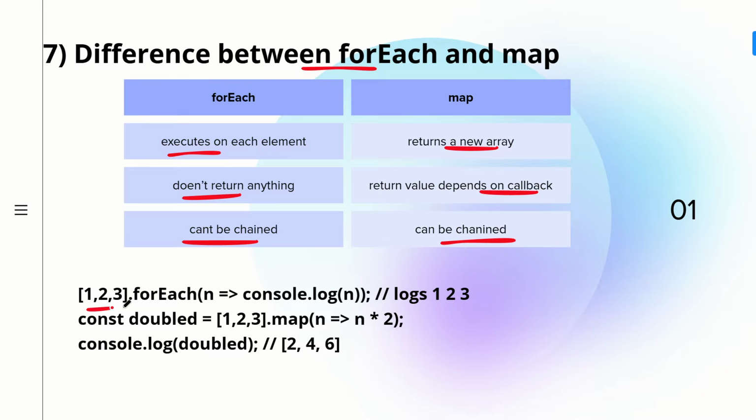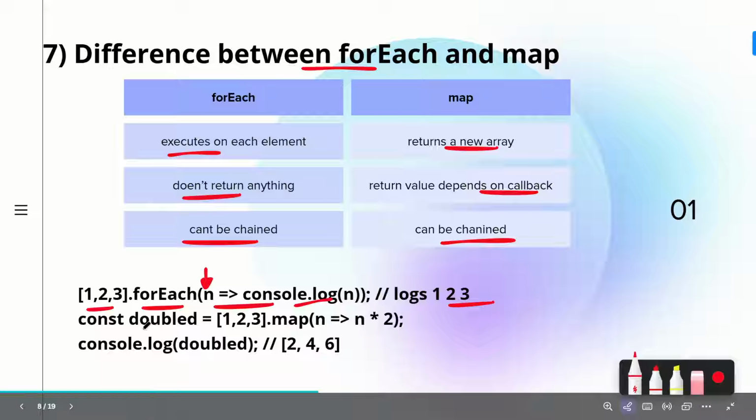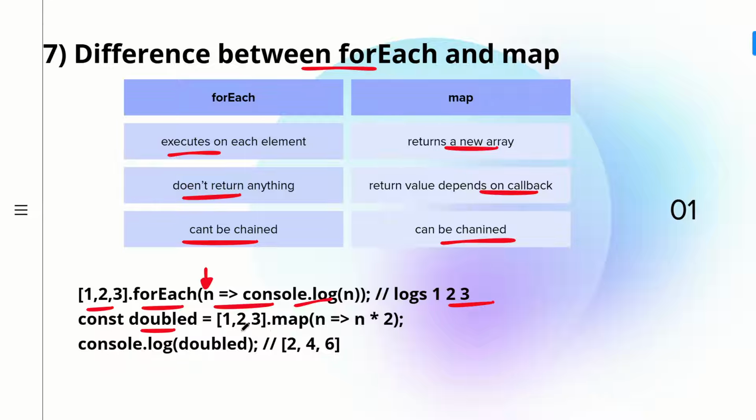Here we have an array with 1 2 3, and we are writing forEach, getting the value individually in this n, and then doing console.log of n. So it logs 1 2 3. Here you can see we didn't do any transformation, we are just iterating over every element, so we did not get any array, it is just giving you the values. It returns undefined, by the way. The console is what it is logging, it returns undefined, whereas map is going to return you an array,